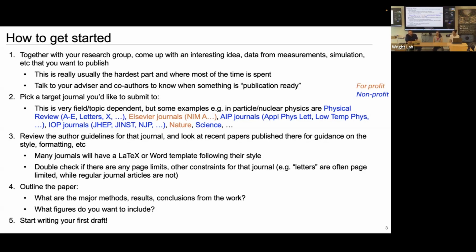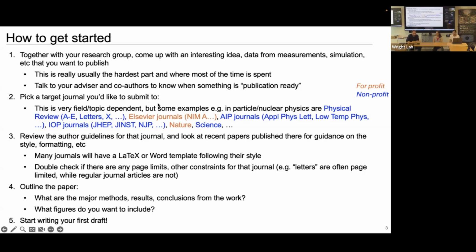That's probably wrong. Some other fields like astronomy are better at this and publishing more incremental things and finding the right balance. There's no algorithm to it, and it's really field dependent. So talking to other people who have done this type of research is really important. Kind of practically, once you have an idea, you're ready to write it up.